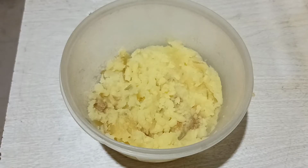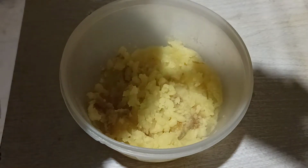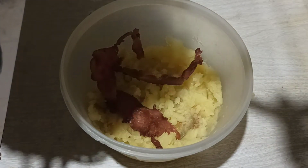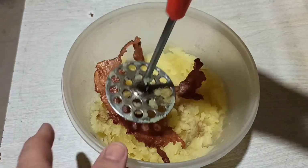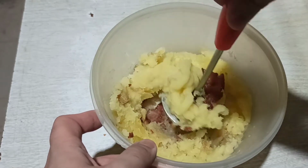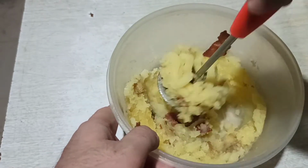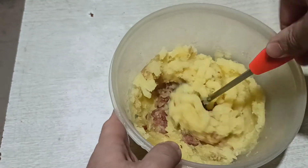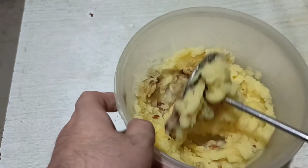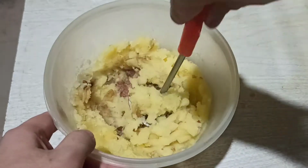So now that the bacon has finished cooling down, we are going to add, not all of it, just like 5 pieces of bacon maybe. Maybe a little bit more if you feel like having a little bit more of crunch in here, but trust me, 5 is a good amount. We're going to mash the bacon as well, so that it becomes little bacon pieces. And obviously because we also want to combine the flavors. So just mash them down, break them into smaller pieces, combine them with a fork, with a spoon, with whatever,